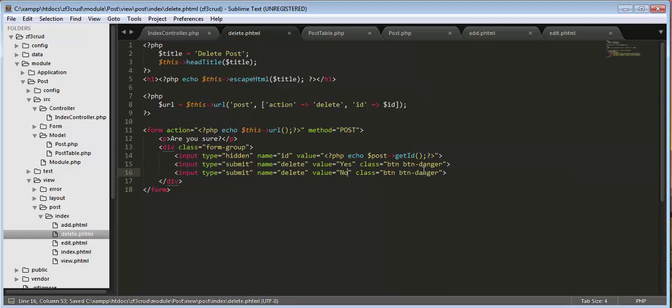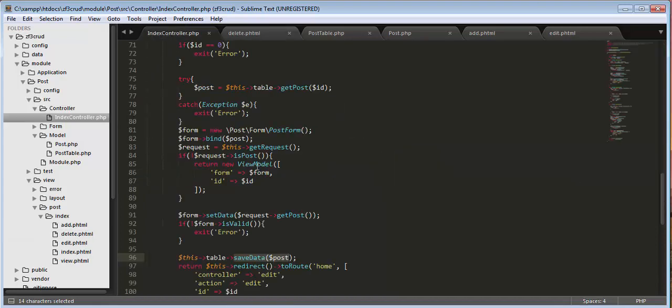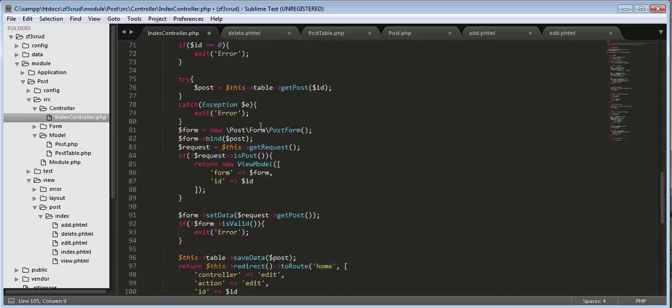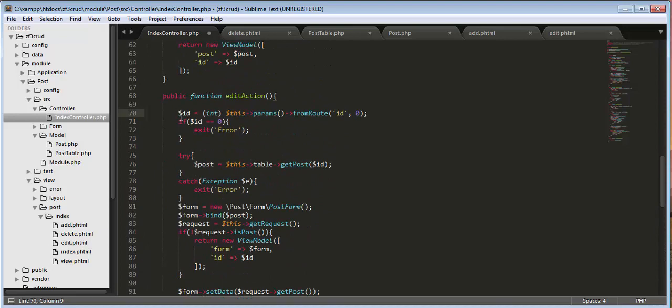Okay, and now I will go to my index controller.php. Okay, and I have already created an action with a name as delete action. Okay, and then I will copy the same thing. Okay, just still here, I will just copy this and I will put it here,